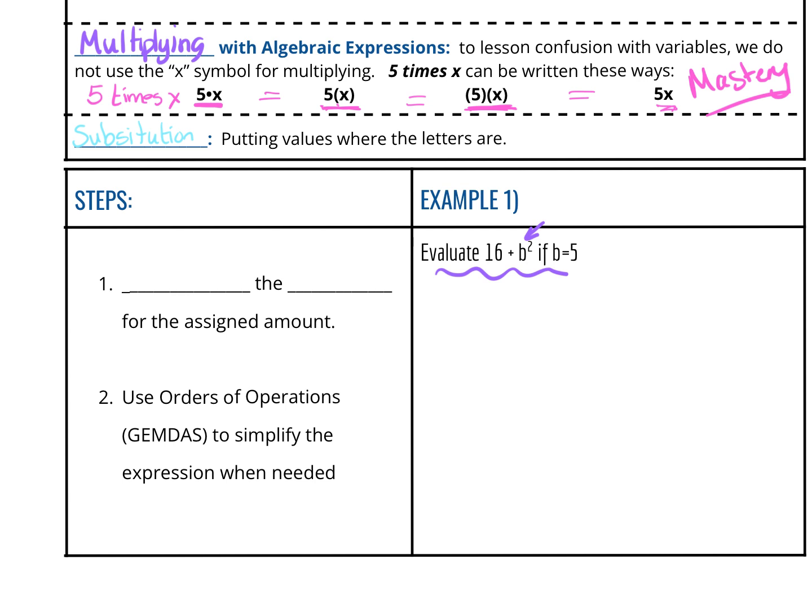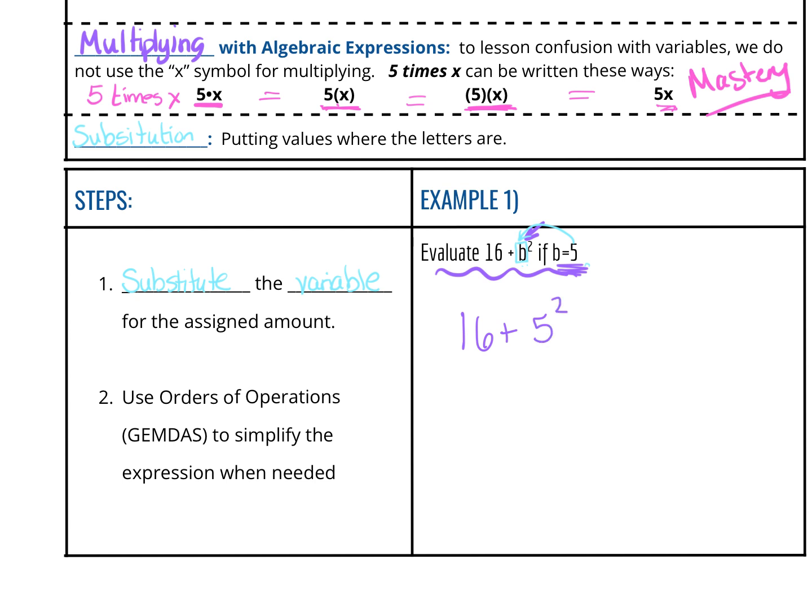So we are going to do this example 1. Evaluate 16 plus b squared, where b equals 5. So the first thing that you have to do is substitute the variable, remember that's the letter, for the assigned amount. So it's like we're putting, this is like a box here, and you're going to put that 5 in that box there. So you're going to write everything the same. So I'm going to write 16 plus b, but b is 5, so I'm going to write 5 and then